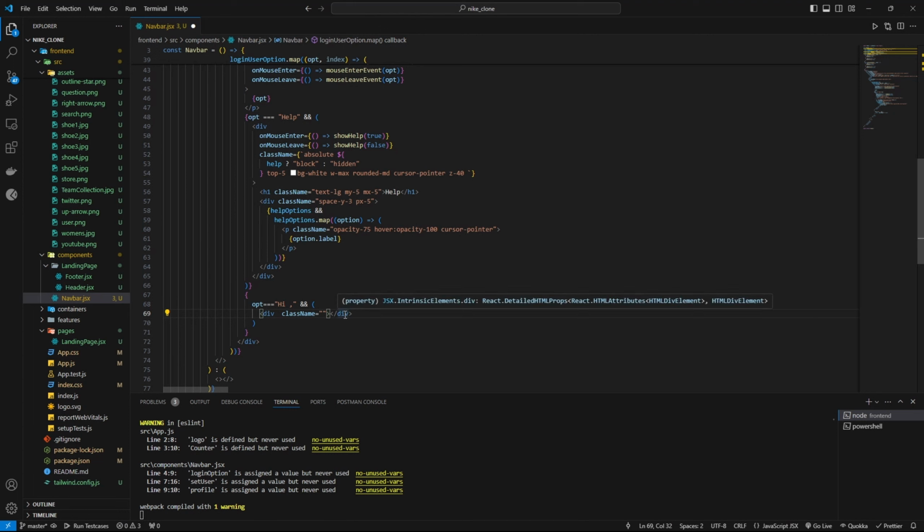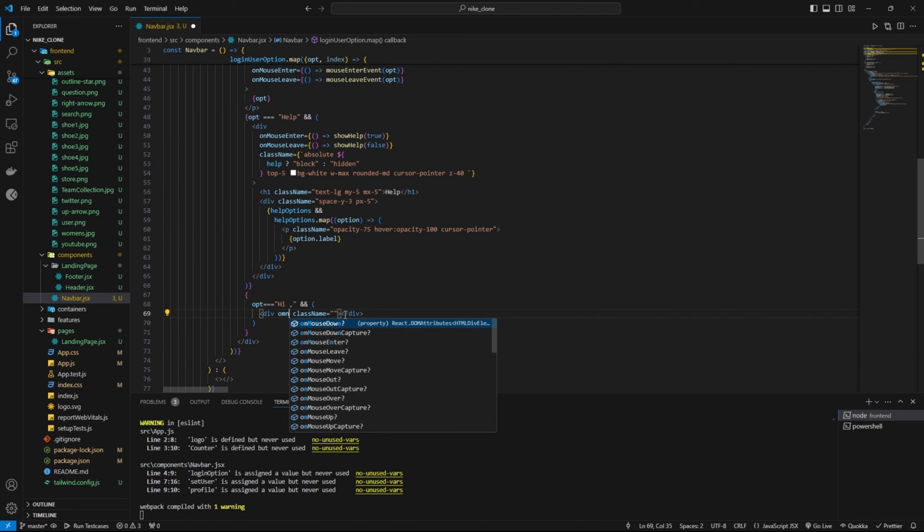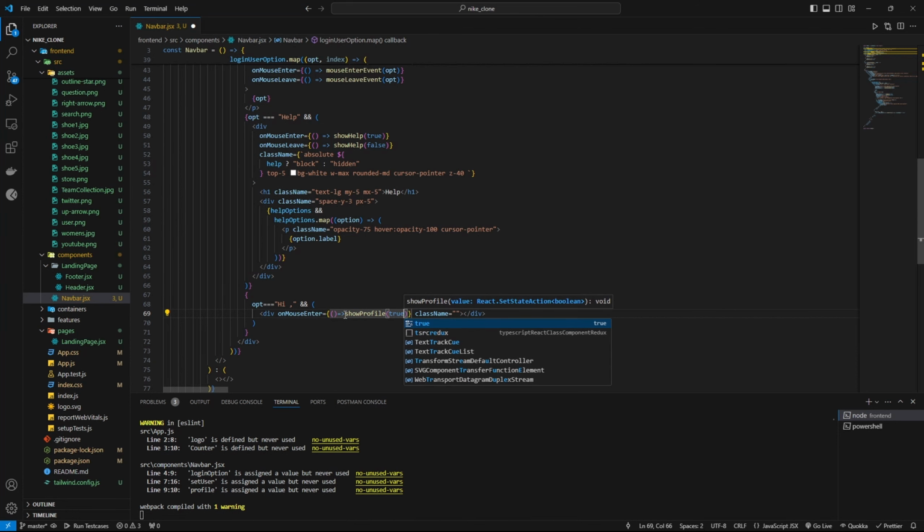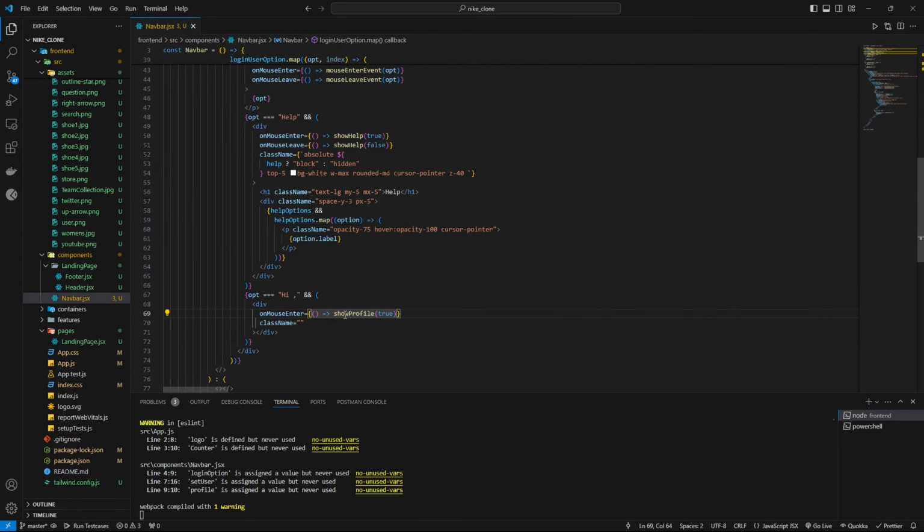So here I am going to write on mouse enter. I am going to show the profile as true. I want to make the profile as true, and whenever the mouse leaves, I am going to make it false. Okay,